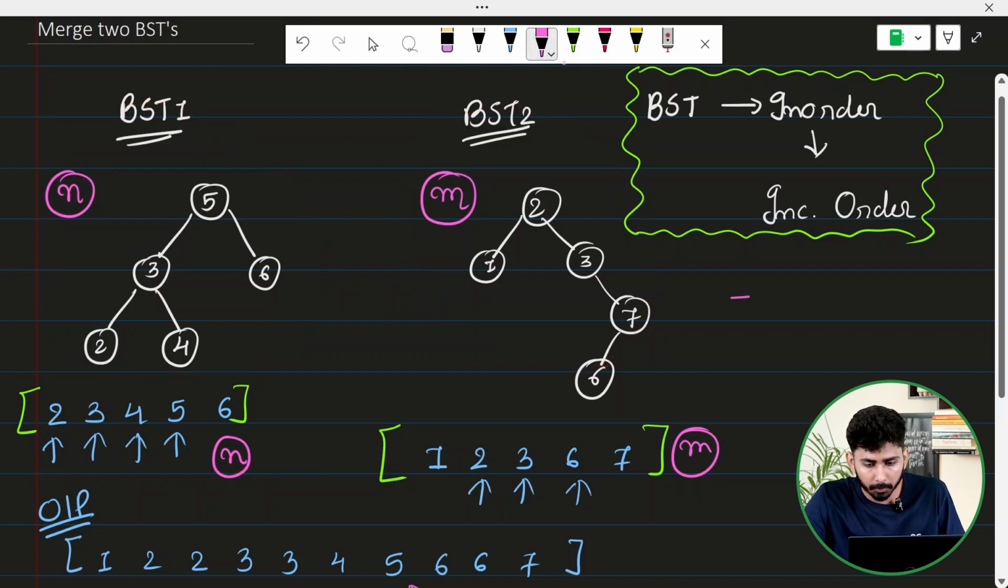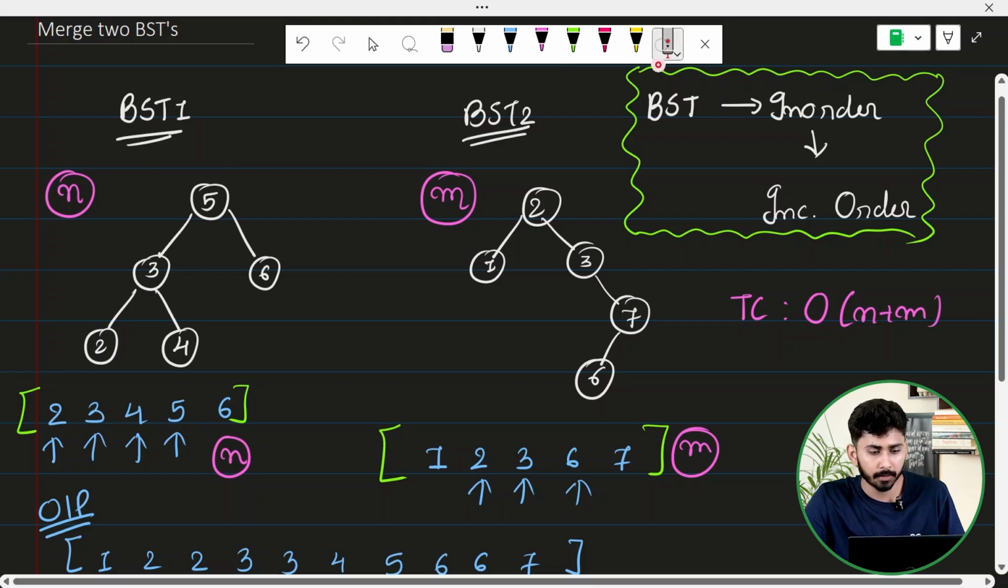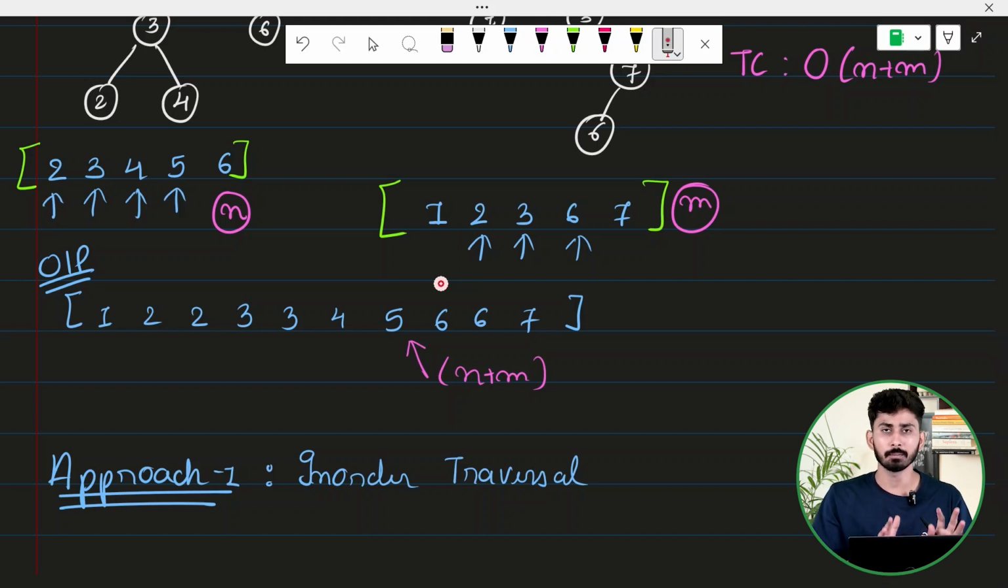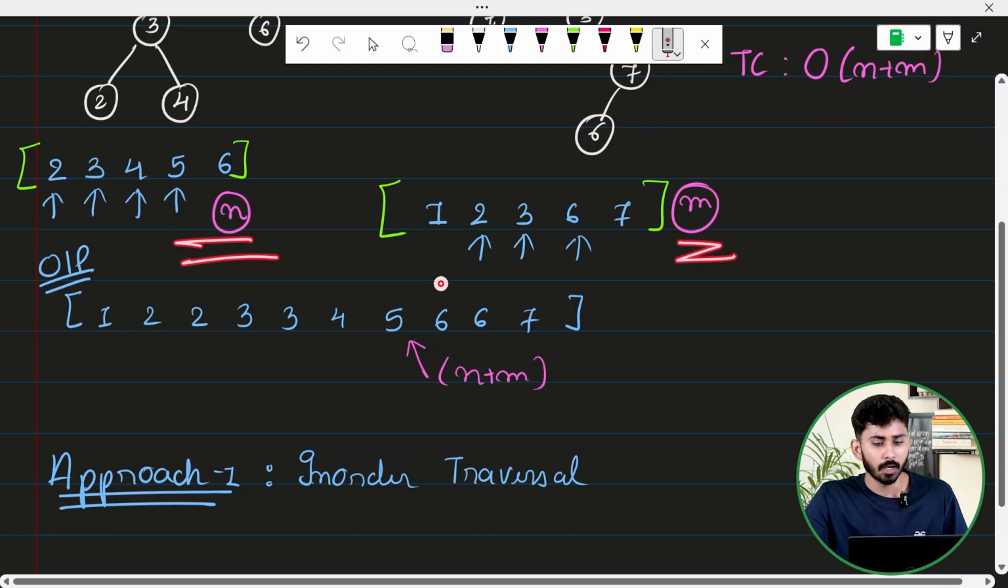So the overall time complexity here is basically order of n plus m, to find the in-order of BST1, BST2, and then to merge them. Now you should be aware of the algorithm that if you want to merge two sorted arrays without any extra space, then the algorithm used inside merge sort can be applied here. That's a prerequisite, an algorithm you should be aware of in order to understand what I am saying right now. So with n plus m, I can merge these two lists into a single list,